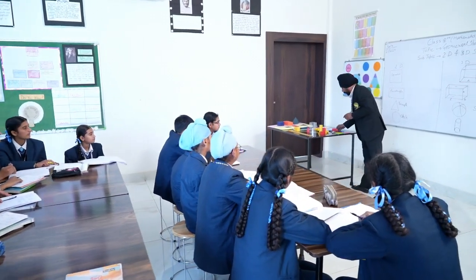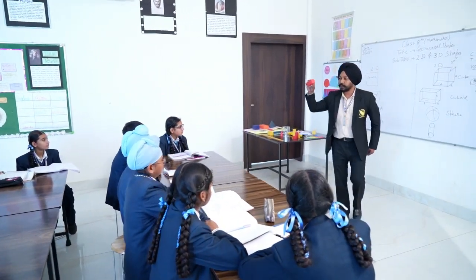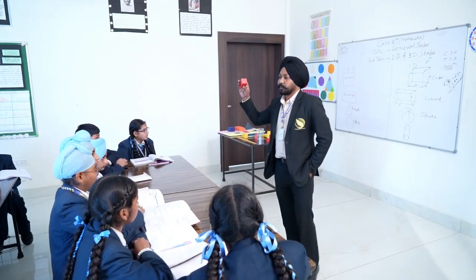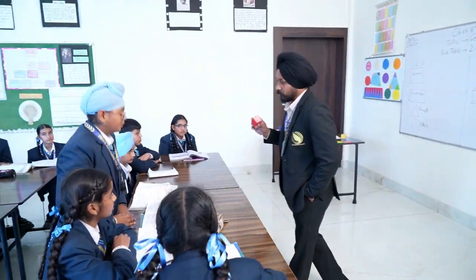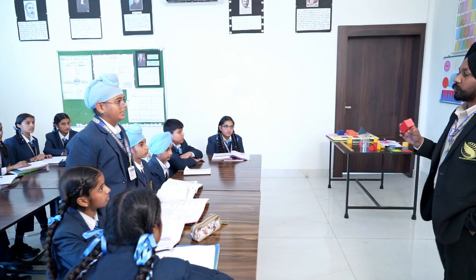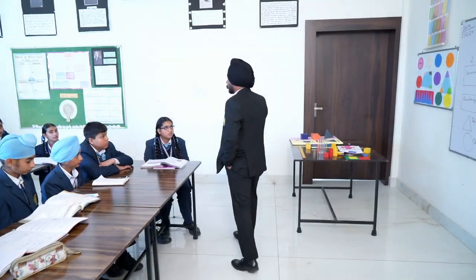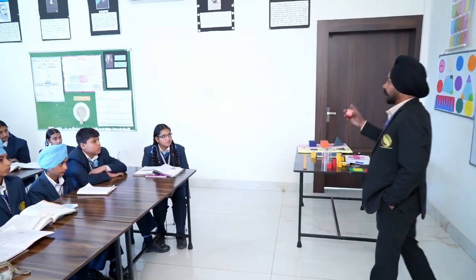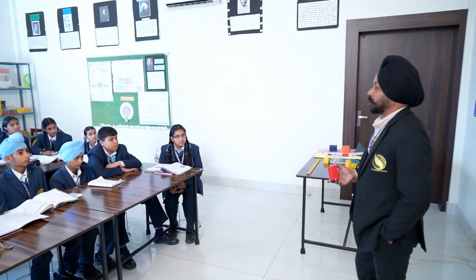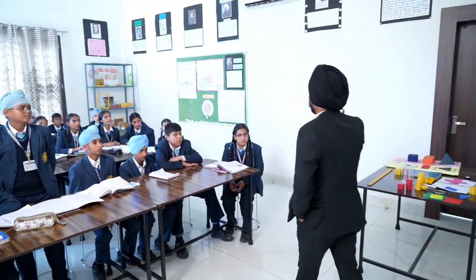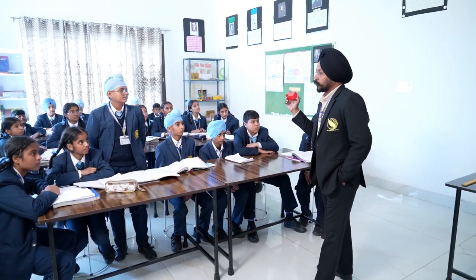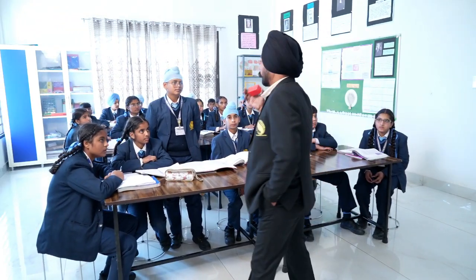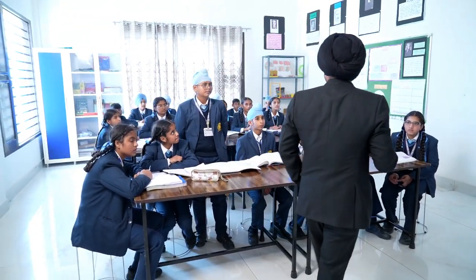Now that is the total surface area of this figure. Yes, exactly. Actually, it's a cuboid. Or suppose in the real world, this room is in a cubical shape. Suppose you have to paint all of this room. So you will find the total surface area of this room, right?